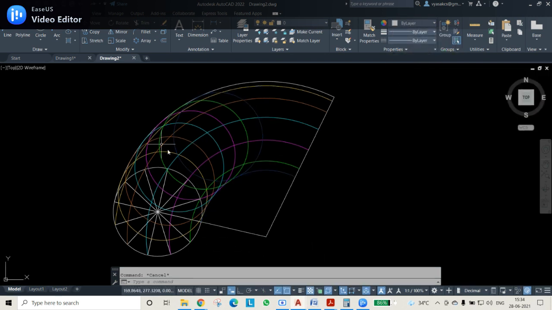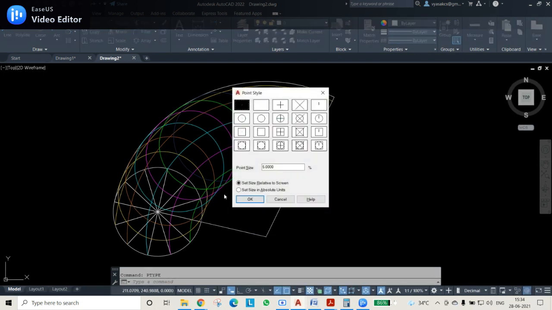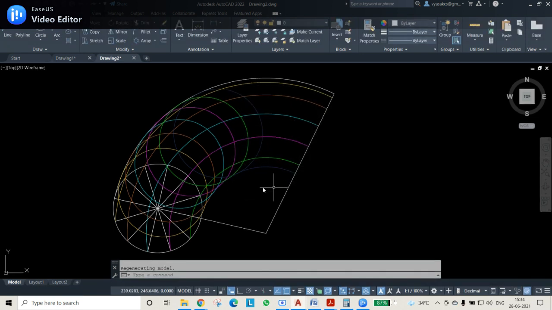Now select the point type command, that is P type, and press enter. Then change the point type. Instead of going from the bottom point, you should start here, because the hypocycloid starts at the end point. Therefore, pivot enter.